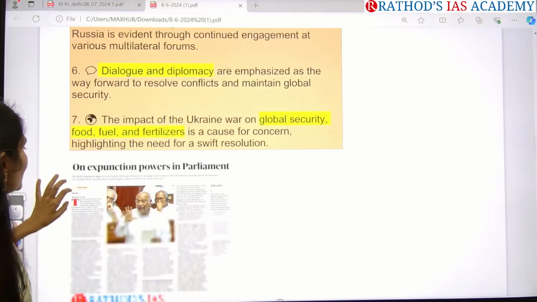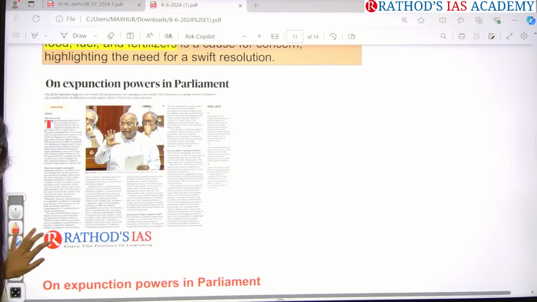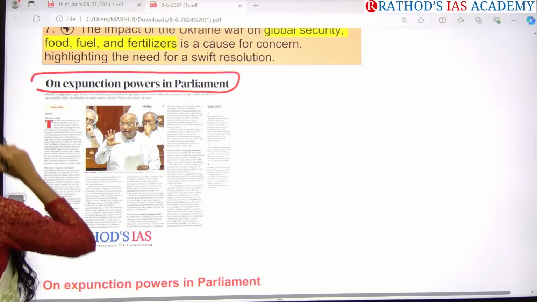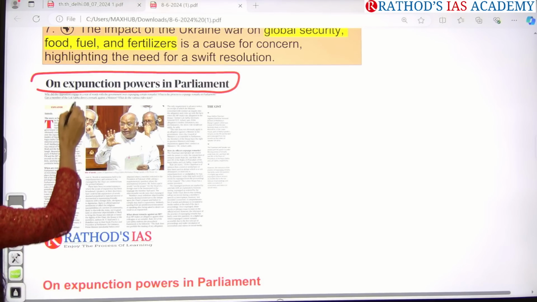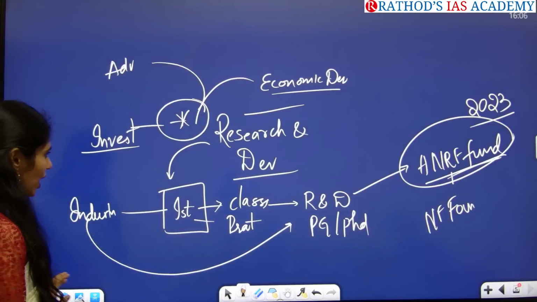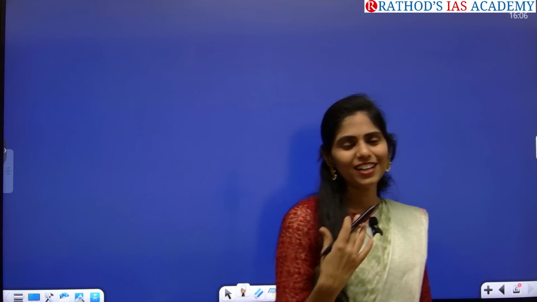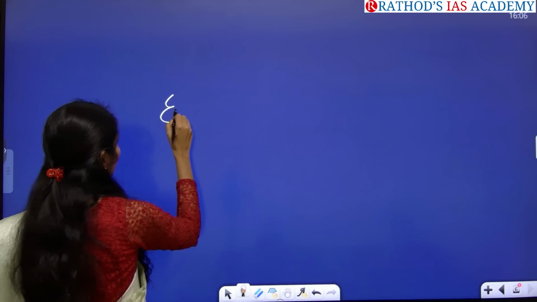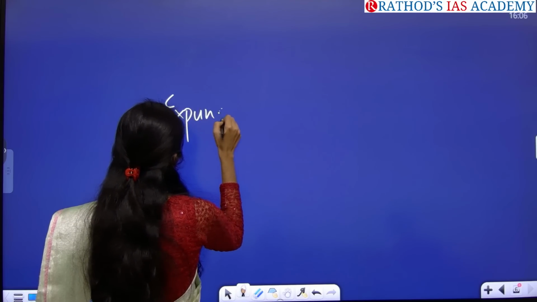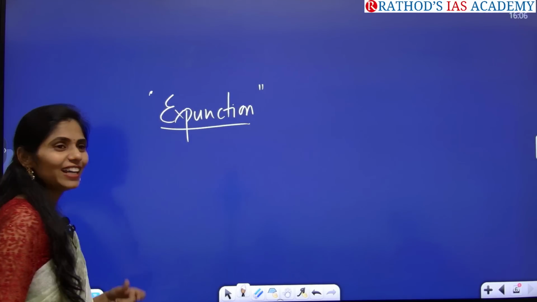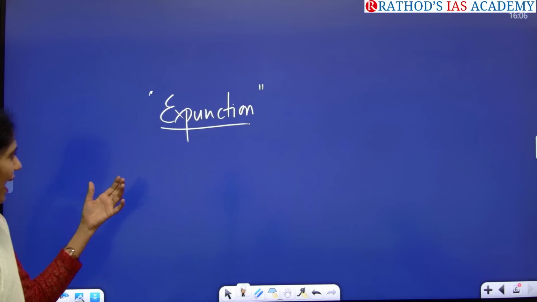Okay, now let us see the next important topic. It is about expunction powers in Parliament. So the word you have to focus on here is expunction. Do you have any idea about this word? Whenever you read Laxmikanth, have you come across this word expunction? No, right? In Laxmikanth we didn't hear this word, and in our polity classes also we hadn't had discussions